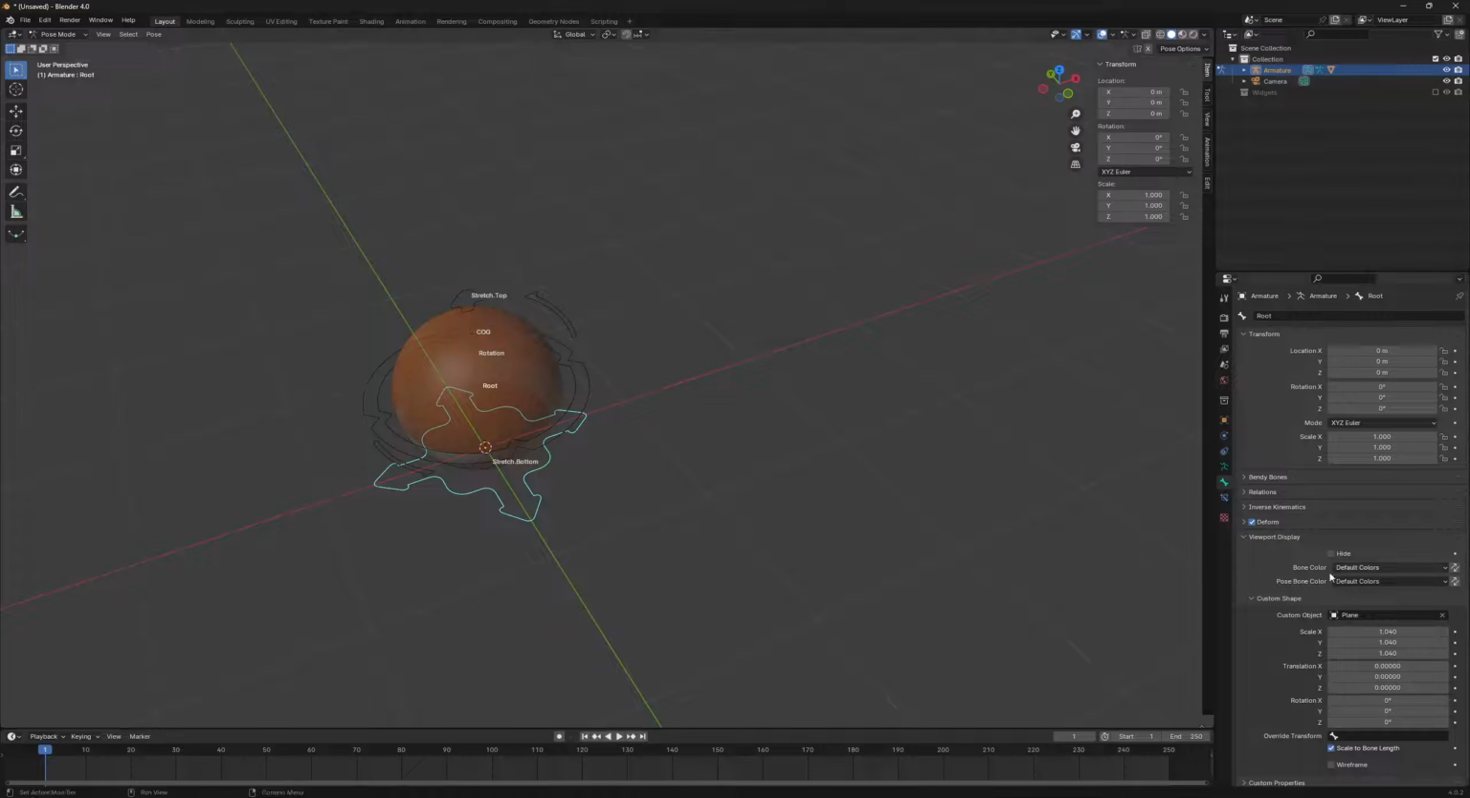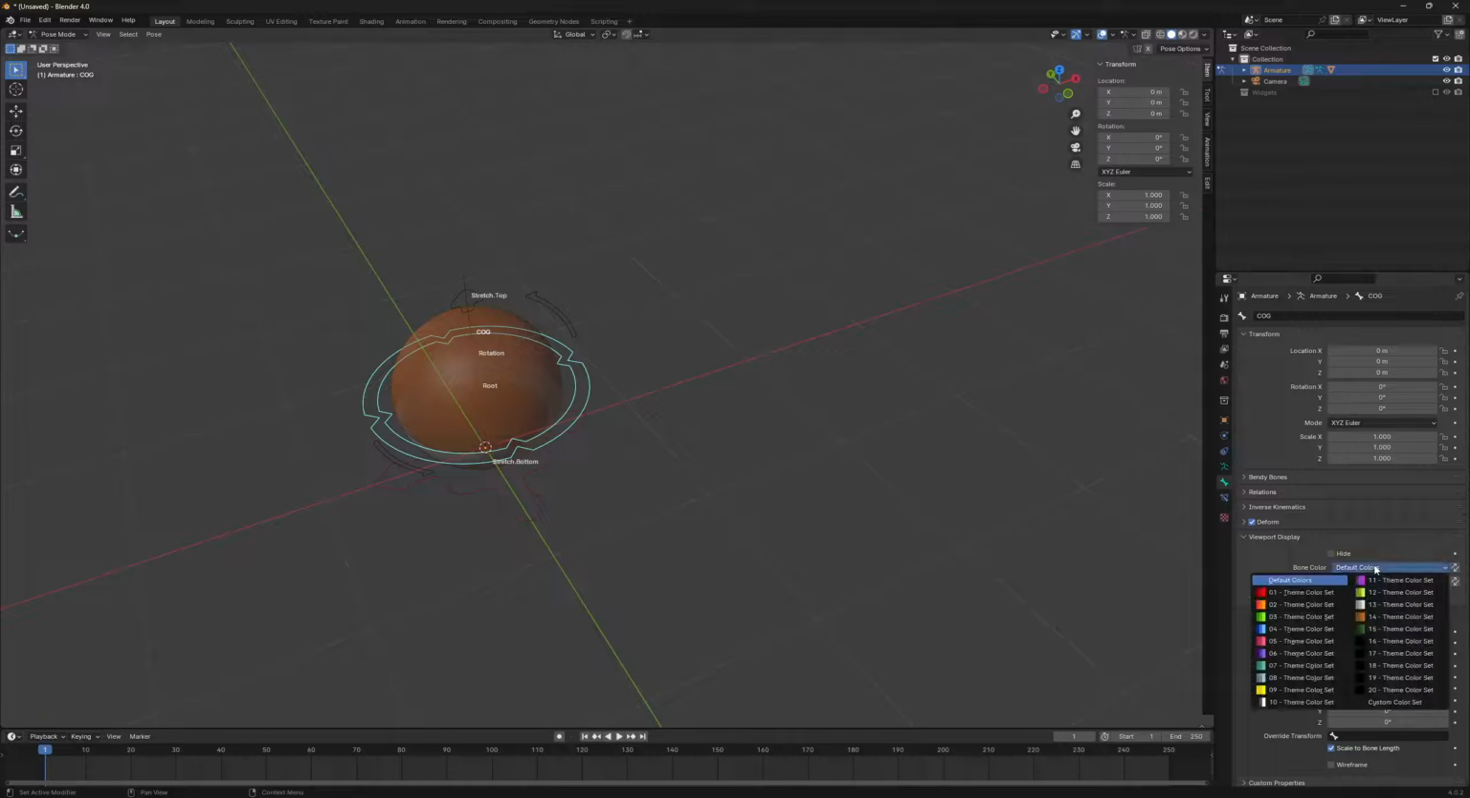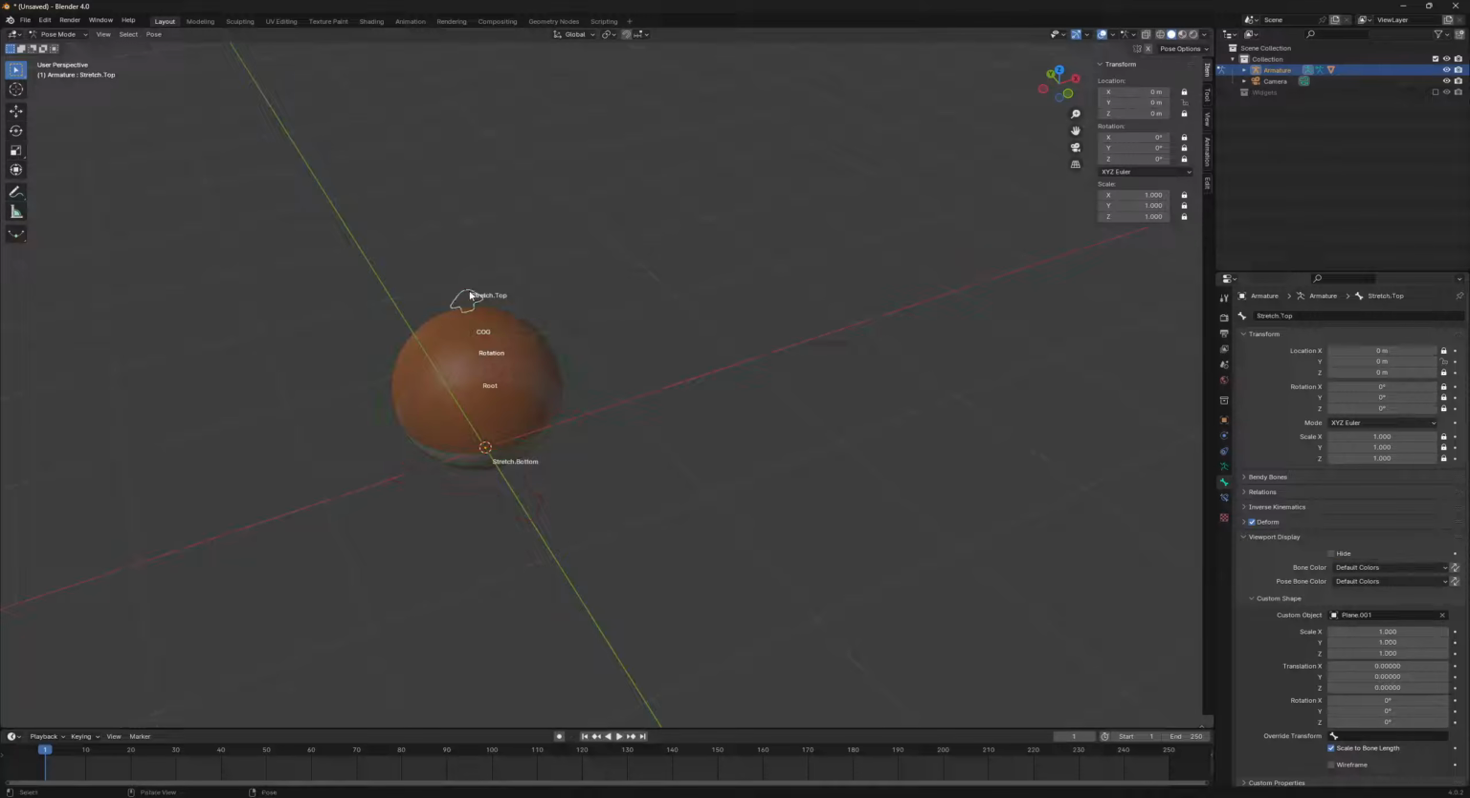So while you're in pose mode and under the viewport display, we actually have different color themes that we can add to this. So my master control bone, or my root bone, is going to be red. My center of gravity, I can set that to be like green. My rotation, I can set to be, I don't know, purple. And my squash and stretch, I can set this to be,